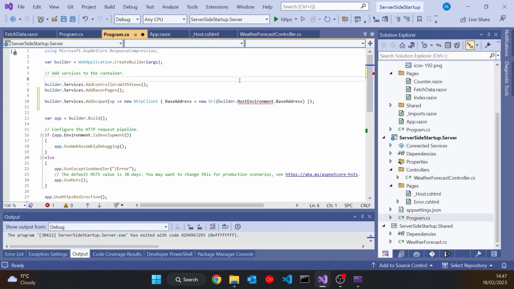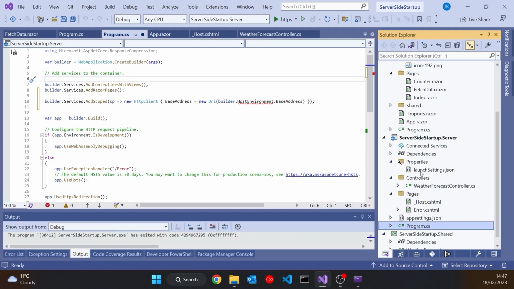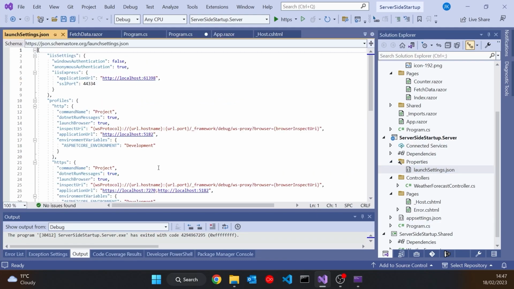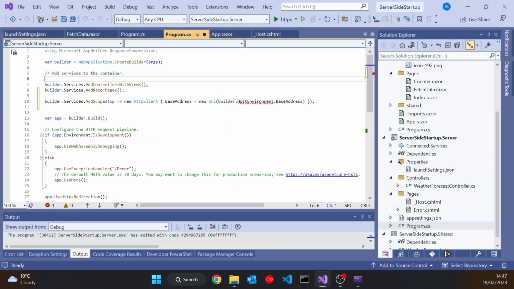Now, there's lots of ways we could do this, but I'm going to really just do it in the slightly hacky way. I'm going to go to the launch settings and let's just get hold of that one there, which is the one we're using, and paste that in. So in a real application, you'd obviously have to have some way of configuring that, but for this quick demo, I'm simply going to get rid of that and put that in there. And now we have a server-side configuration for that injection. And so now if I run that up,